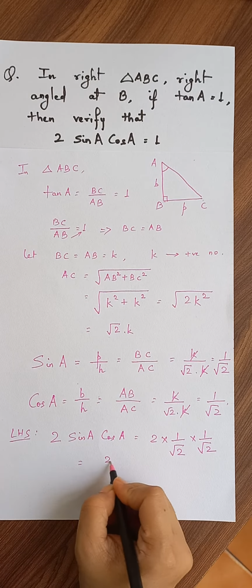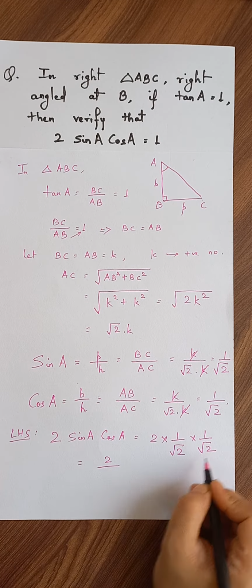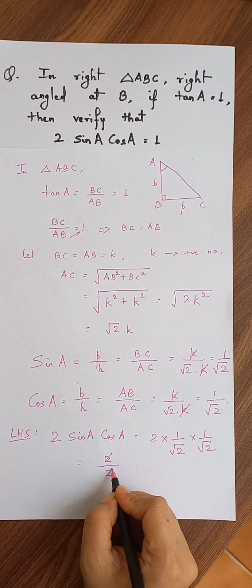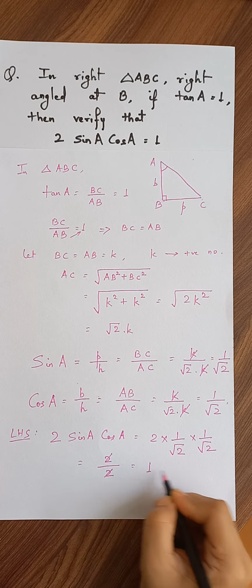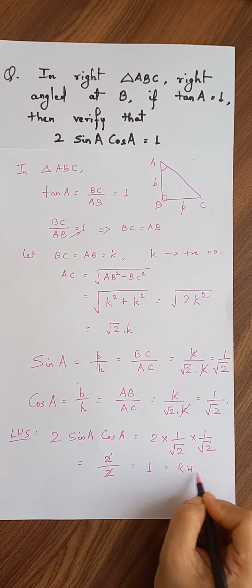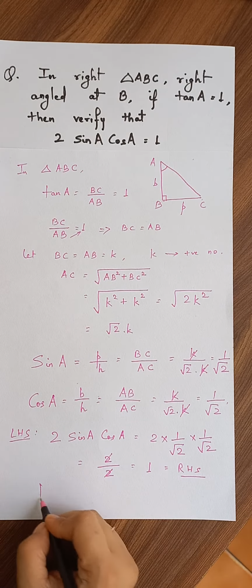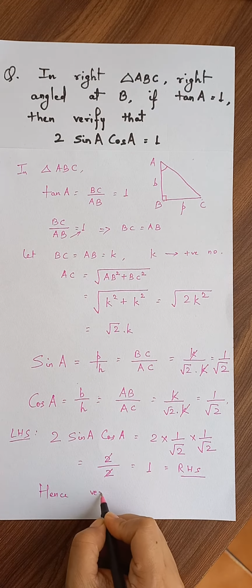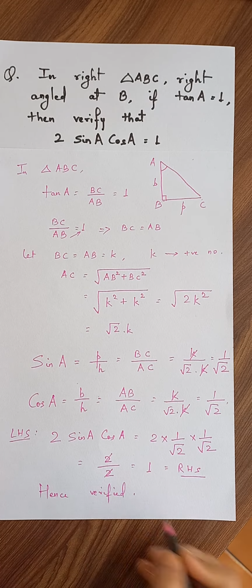Now 2 upon root 2 into root 2, it will become 2. It will get cancelled out and the value is 1, which is equal to RHS, which is the required value, and hence verified. Okay, so whenever verification is needed in any kind of question in trigonometry, the only thing you